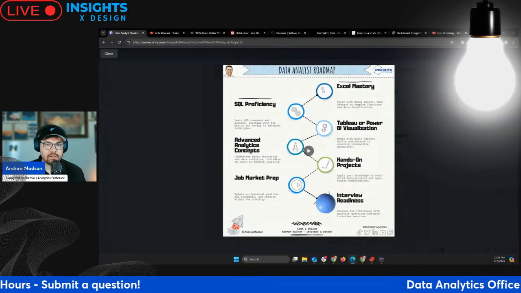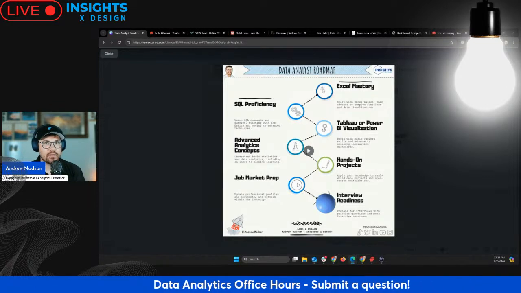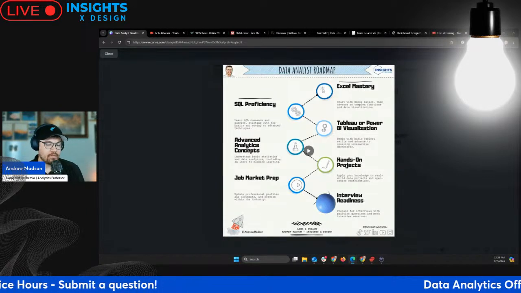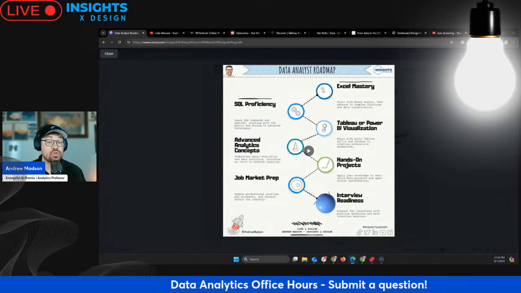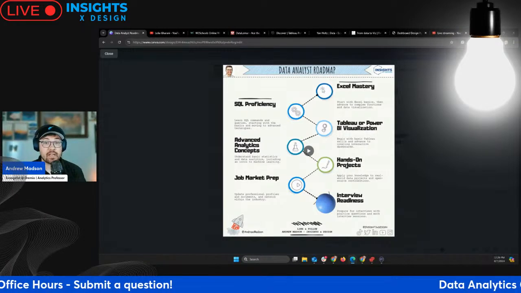So, if I was going to get started today learning data analytics, I have a roadmap that I often share on LinkedIn. And it's a little bit deceptive because it shows data analytics as a linear path, but it's not really. But this is the order of skills that I would learn, but often you're learning multiple of them at the same time. For instance, I do recommend beginning with Excel. I feel like Excel is the easiest tool to use in order to practice the skill of data analytics. So, Excel is really helpful.